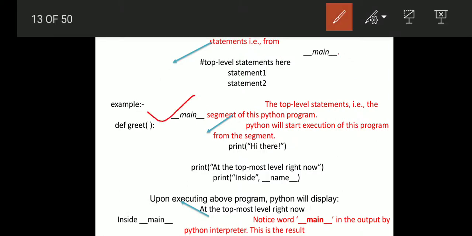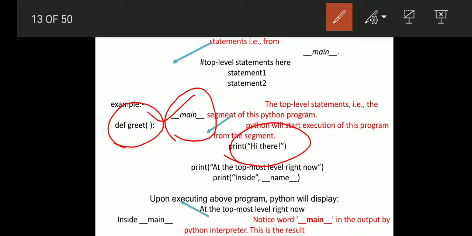Now you see the example started from here. जब भी हम कोई प्रोग्राम बनाएंगे तो सबसे पहले हमें उसके ऊपर लिखना होगा अंडरस्कोर मेन, देन अंडरस्कोर, देन हम फंक्शन क्रिएट करेंगे, देन हम उसको प्रिंट करेंगे जैसे जनरली हम करते हैं. प्रिंटिंग मीन्स फंक्शन की डेफिनेशन है. Then we will write here print at the top level. We are right now inside the name, as you know.